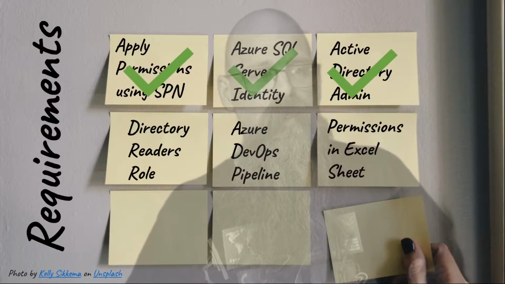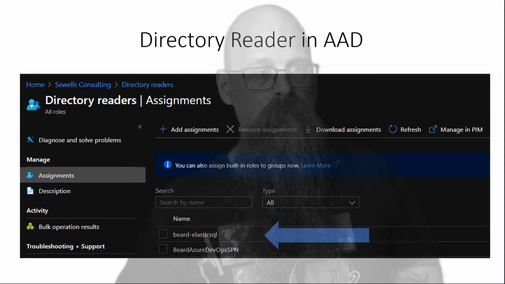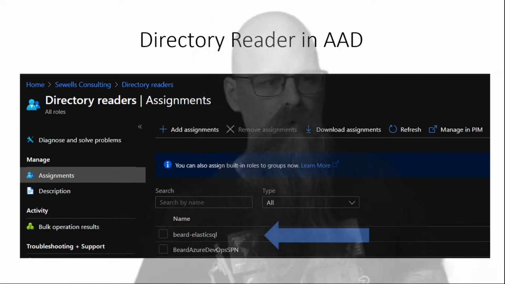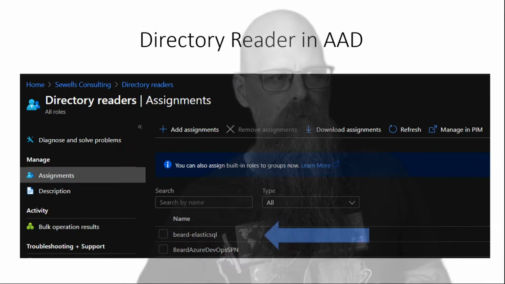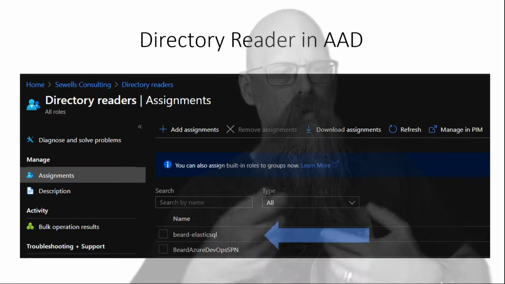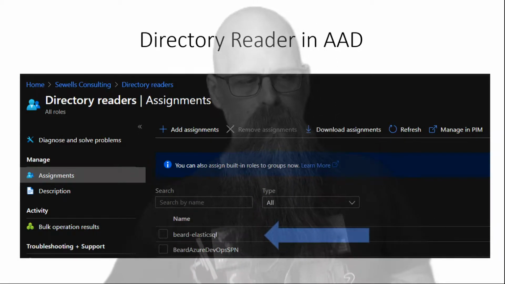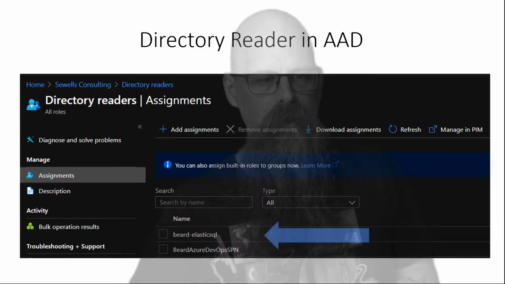Next up, we need our directory readers role. So this one was a little bit more troublesome. This one within a corporate environment is going to be more difficult. You can do this within the portal. If you go to your Azure Active Directory,